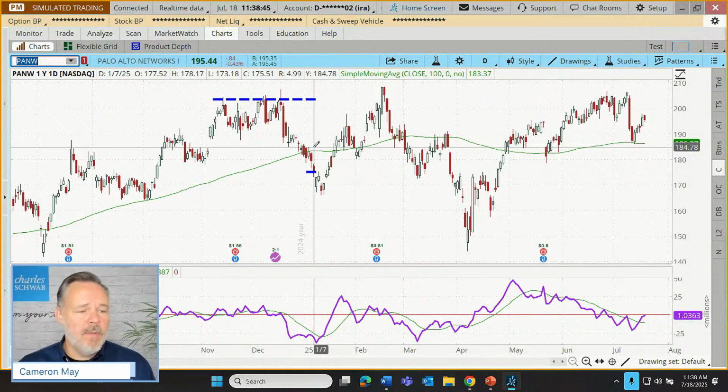Carol says, why aren't we using the 200 simple moving average? Carol, we could. The trader might have a preference for a different trend line. It just depends. This could be paired with a shorter term moving average than a 100. Could go to a 50 if we want to be even more sensitive to recent price changes, or if we're just trying to get in on longer term moves. It could conceptually be used with 200 as well. I'm just using the 100 as an example.